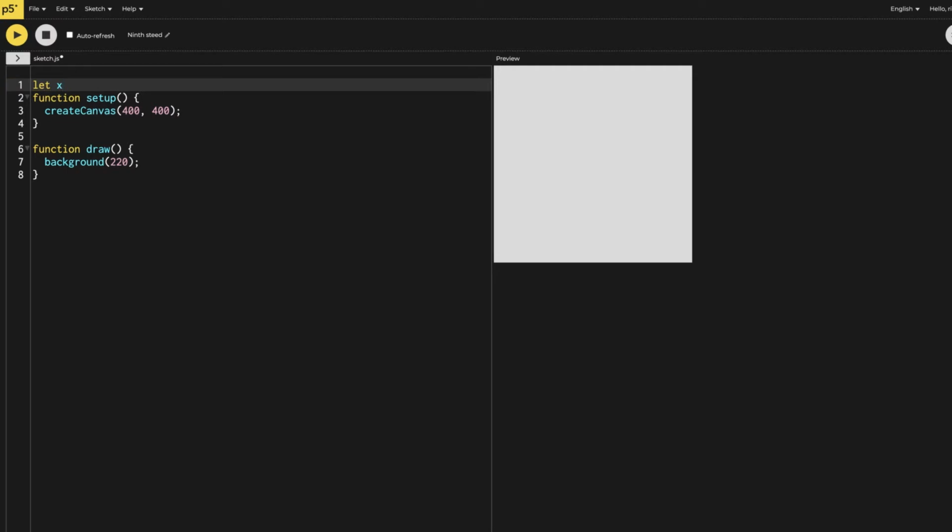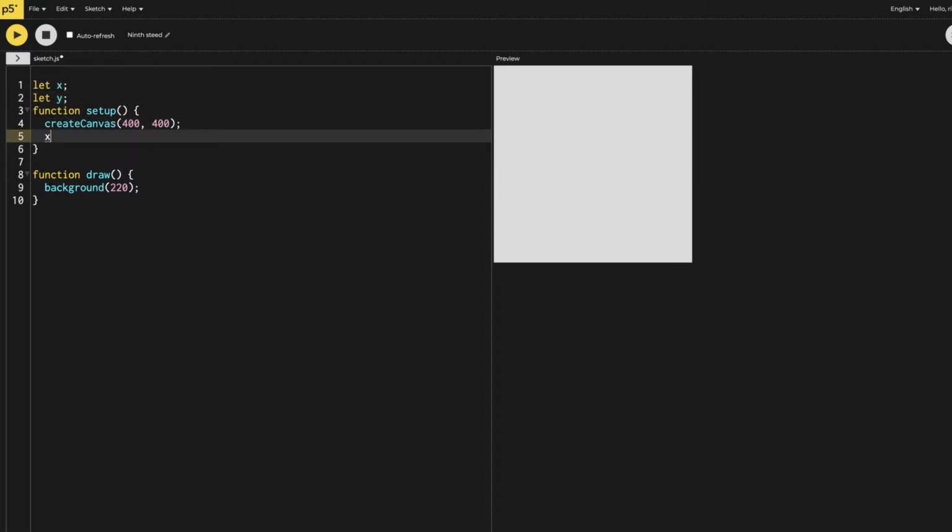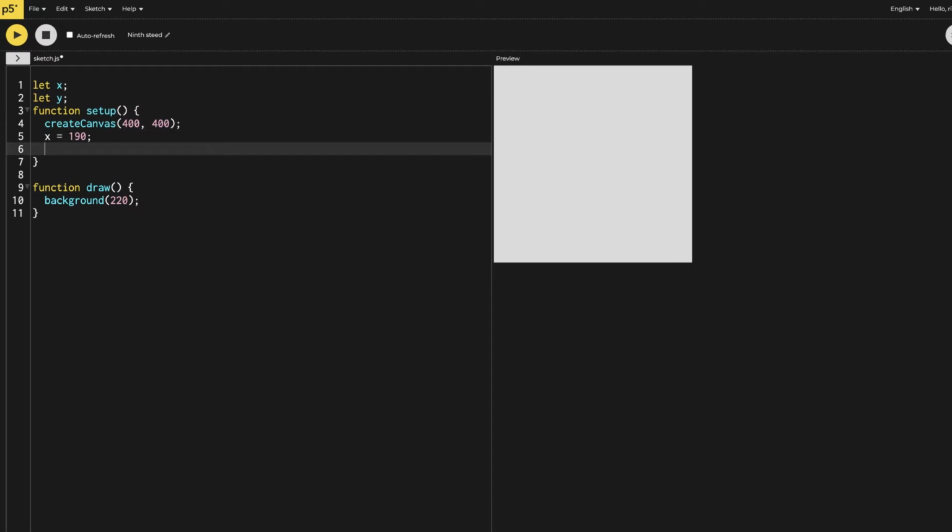So make the variable of x and y for the x and y position of the rocket ship, and then we will be initiating this x position to be at around 190 and y around